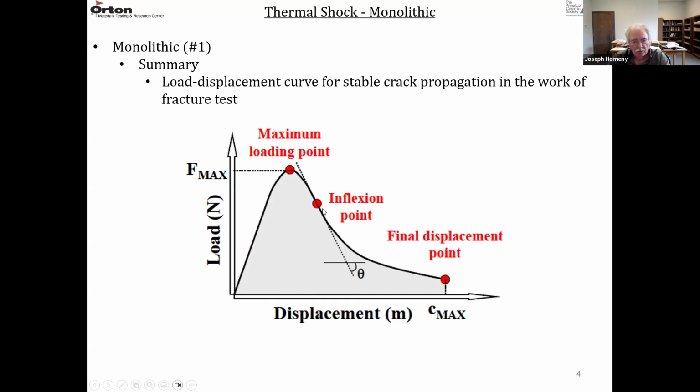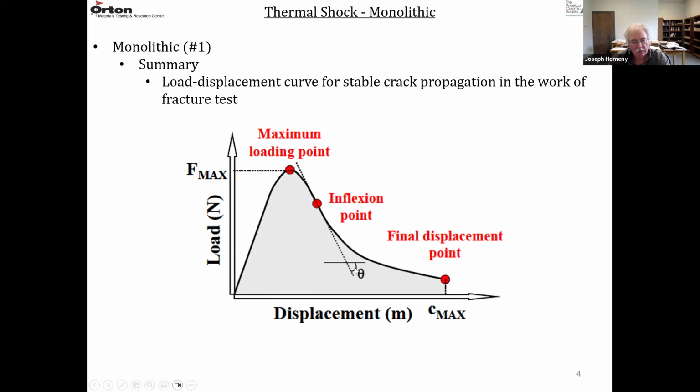So they looked at three different points here: the maximum loading point, F max, the final displacement point, and they're cutting it off at 90% of the load. When the load decreases from F max by 90%, they're cutting it off here. And then the inflection point, where they're looking at the tangent,